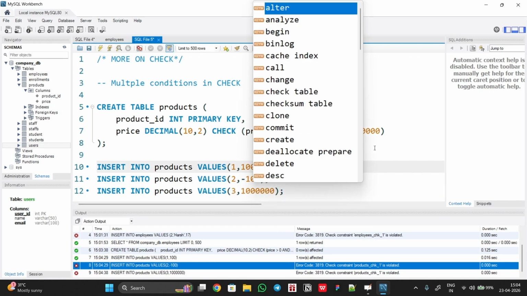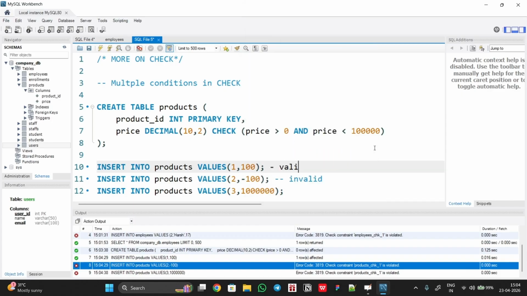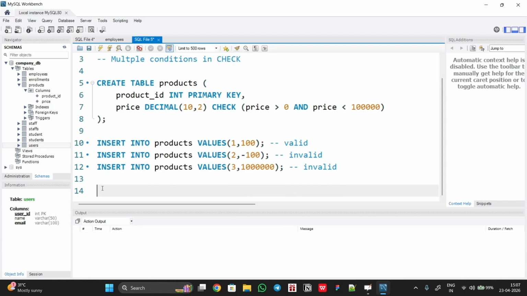Invalid, valid. Okay, and this is also invalid. And so if you want to see what constraints are being applied there, what you're going to do is